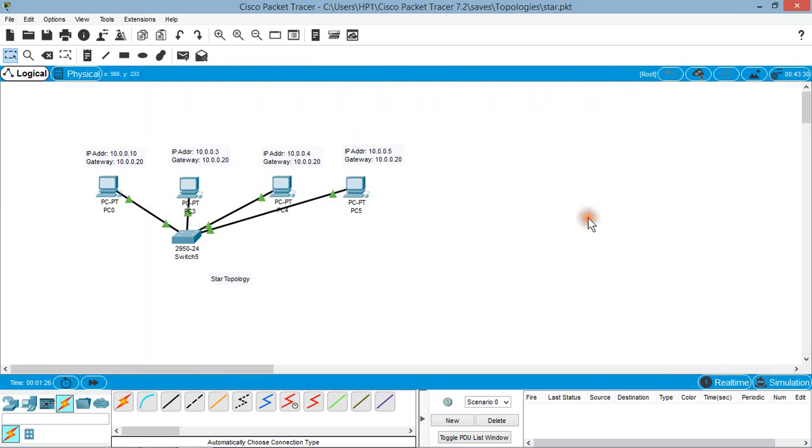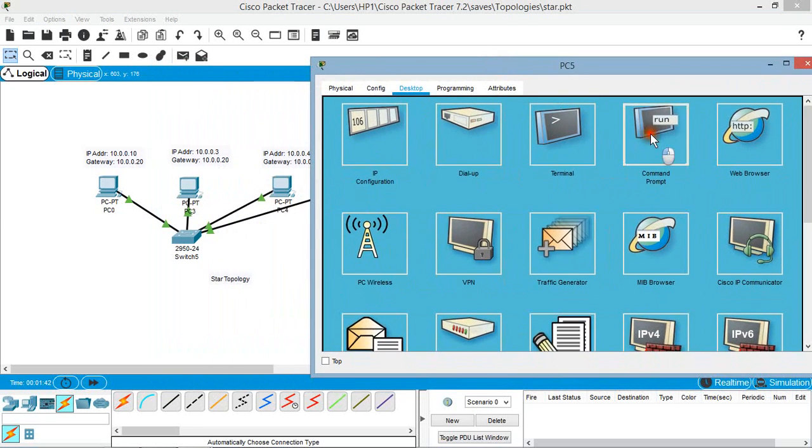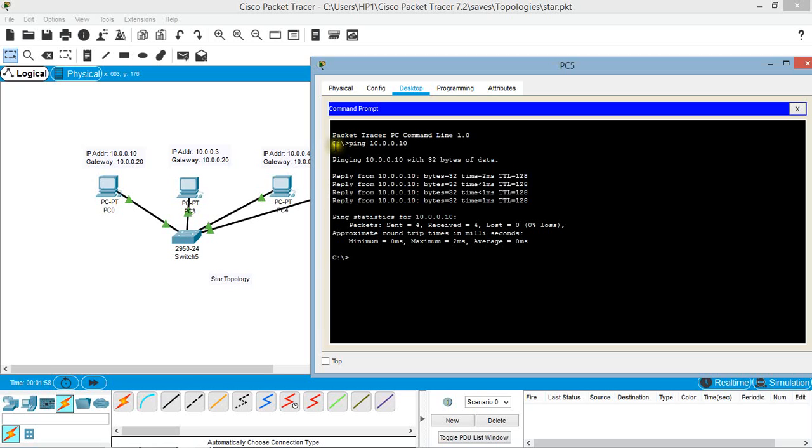Now, after configuring the IP addresses, you can check the connectivity between any two computers by pinging the IP address. Let's ping the IP address of PC0 from PC5. So I'll click on PC5 and choose the command prompt and I'll use the command ping and the IP address of PC0, that is 10.0.0.10. I should get a successful ping response. Yes. So the devices are communicating here